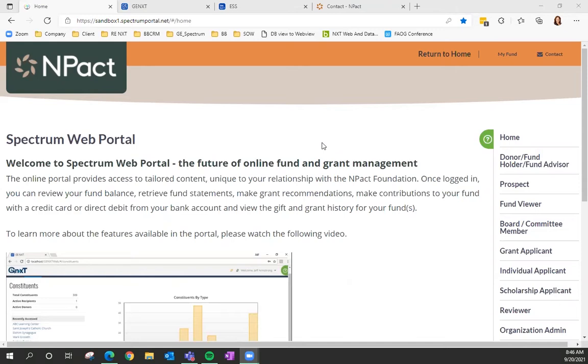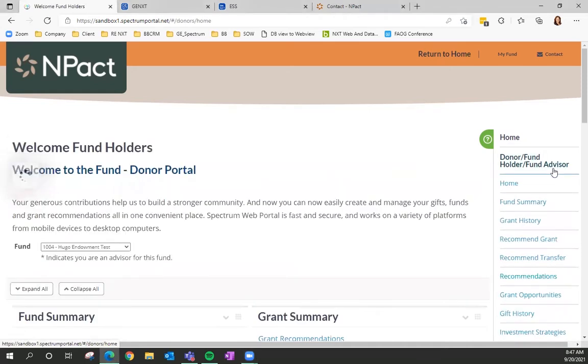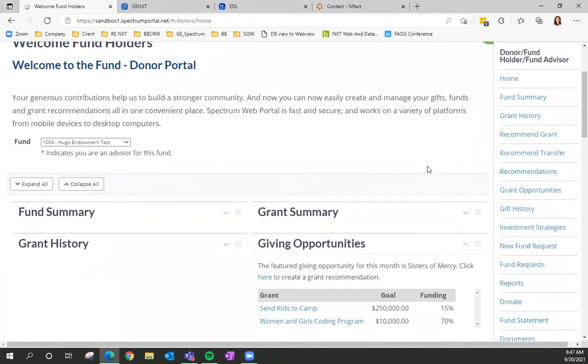organization to engage with its external constituents to apply for and recommend grants and scholarships with ease. Built-in capabilities enable interaction with our diverse set of stakeholders, such as your donors and fund advisors. From here, when they log in, you're going to use security to make this experience unique for that site visitor. We only give them access to what we want them to see. For example, their fund summary, their grant history. They'll be able to browse grant opportunities, make grant transfer requests,